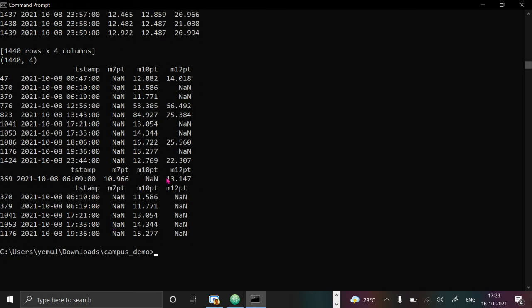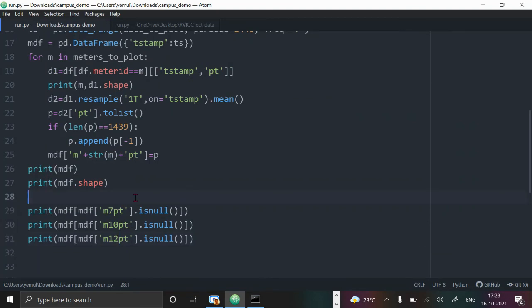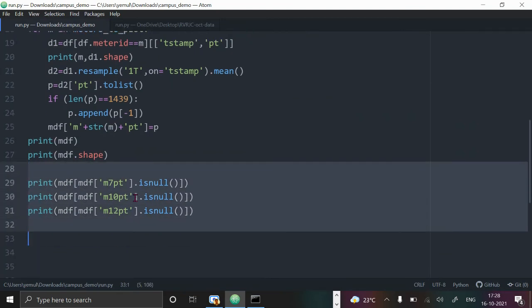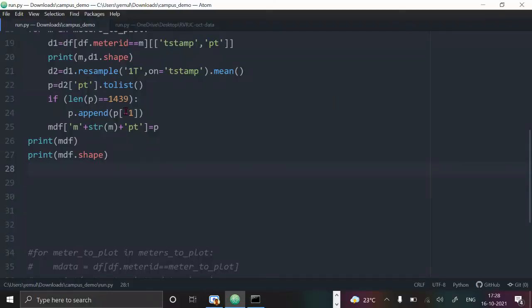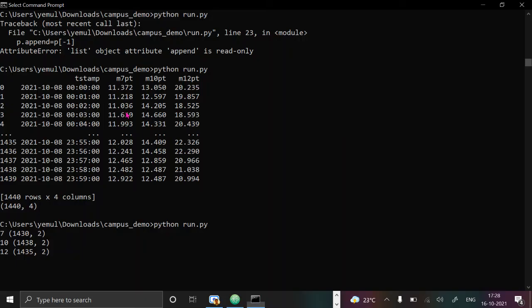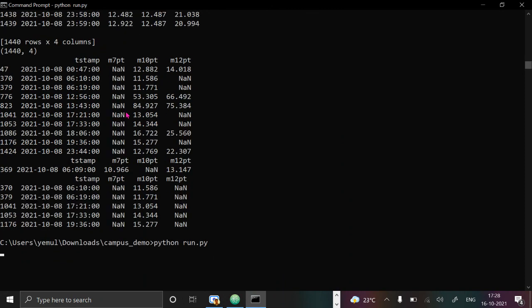Now you see for meter 10, only one is showing here, and for meter 12, it is showing five places, at different times. But anyway, let's not worry about this. Now that we have addressed it, the main objective was to achieve this data frame, a common data frame with all three columns.